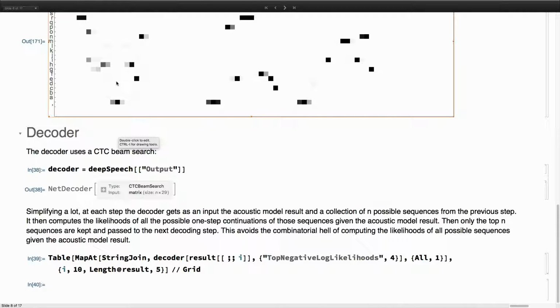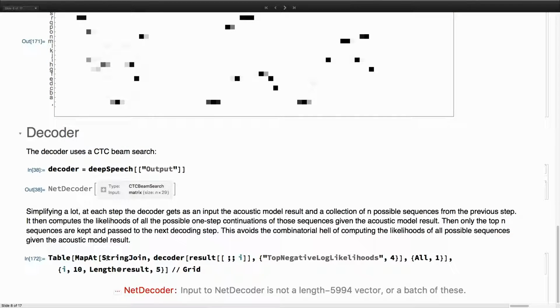So what happens at every step, the decoder figures out all of the possible continuations and then keeps only the first n. And these get passed to the next step. So at each step, we only compute a limited number of options.